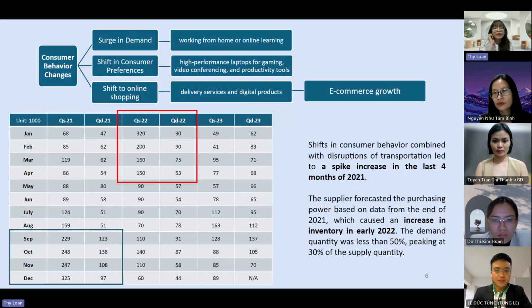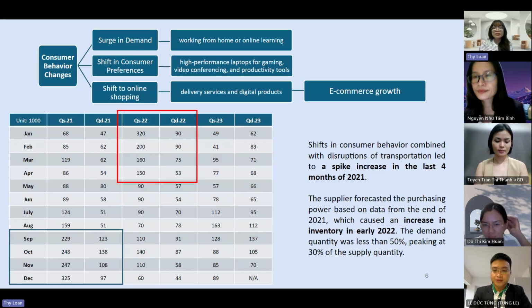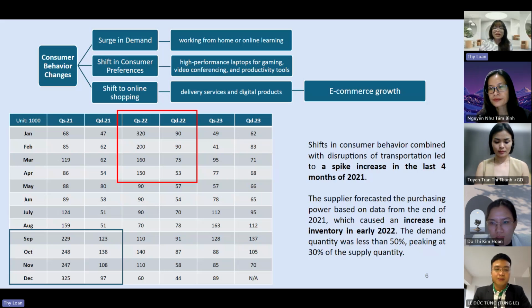Many people work from home and engage in online learning. Demand for laptops spikes, often outpacing supply. There was an increase of interest in high-performance laptops because people have free time, for example for gaming, video comprehension, or productivity tools. And then lockdown restrictions on movement or physical store closures went hand in hand with the increase in demand for services and digital products, leading to e-commerce growth until now and resulting in the increase in demand for laptops and